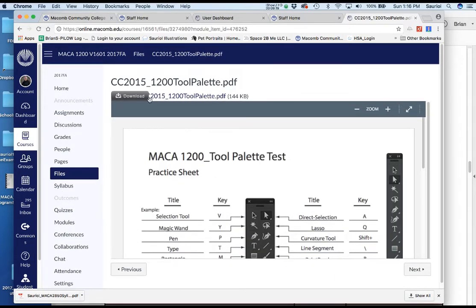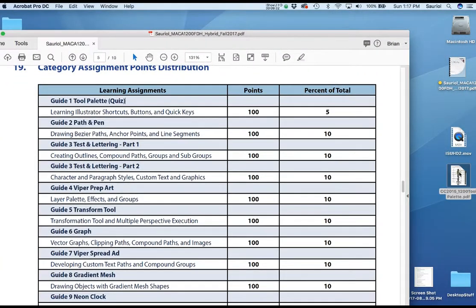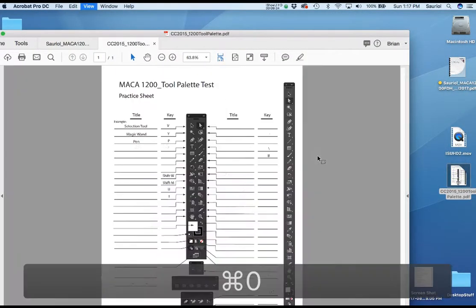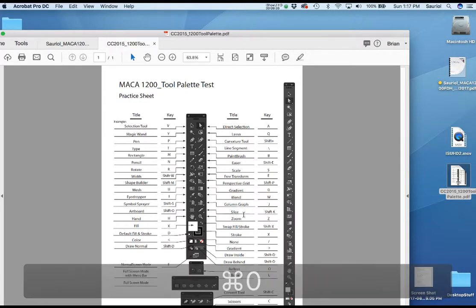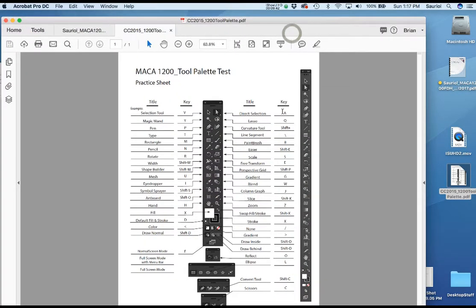Maybe not. It says CC 2015, it's really 2017. I just didn't update that. So let me click that, and I'm going to go to my desktop, and I'm going to see if that was a 1 or 2 page item. If it's a 1 page, that's fine. But I usually put a blank page in there. This time I didn't. Just go ahead and study this.